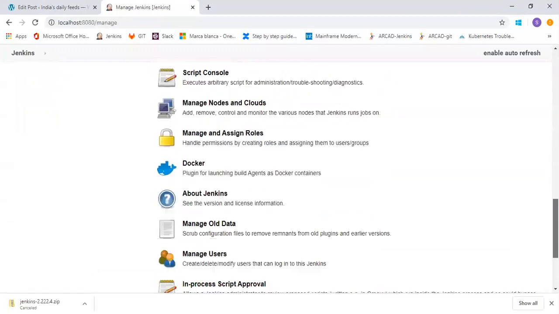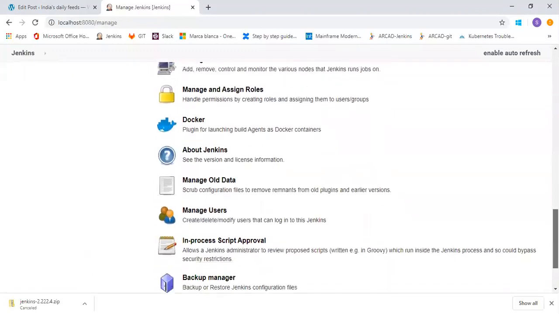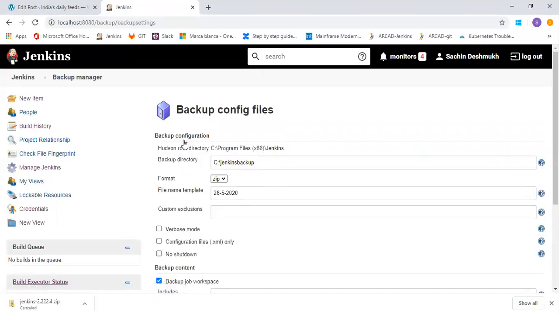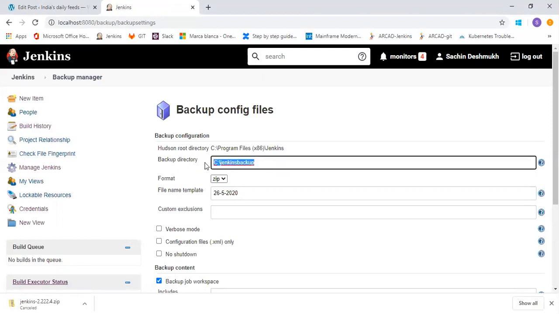So to get that, you just have to go to Backup Manager. You have to first set up your backup configuration files. The backup directory that you need to give is C:\Jenkins backup, because I don't have another virtual machine here.